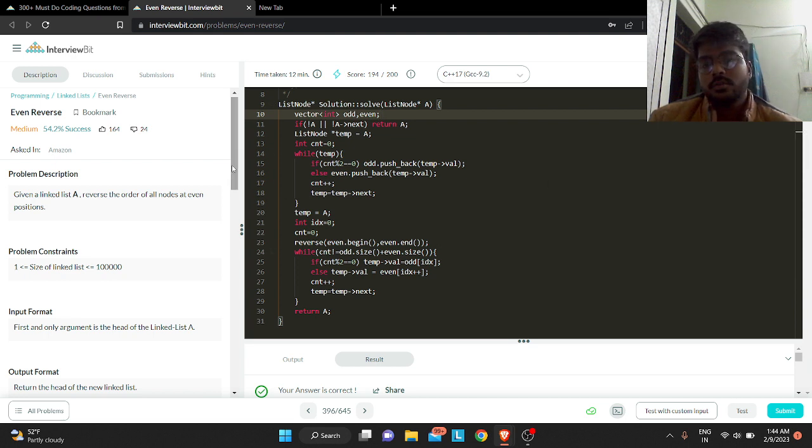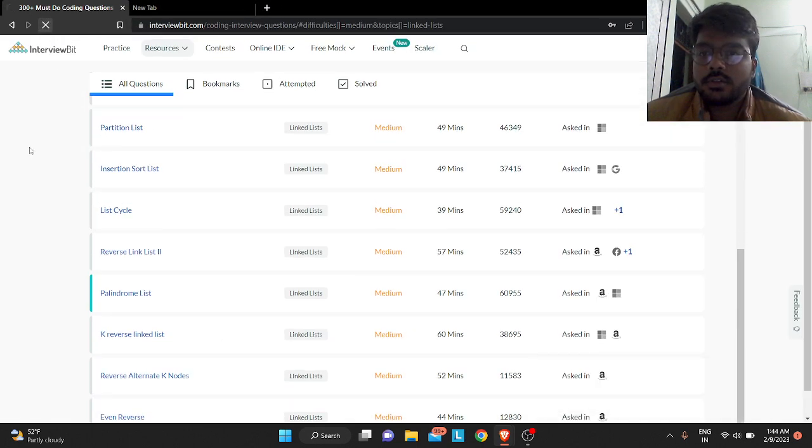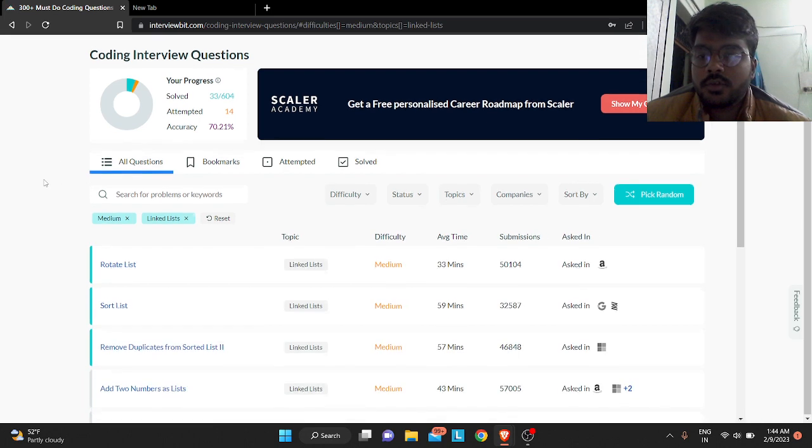So what I will do is try to optimize these three questions that I did today on the basis of pointers only, manipulating the pointers of the linked list and not using vectors for the optimization part. So for now, I think that's it. And tomorrow we will be doing the optimization of these three questions and moving further with the rest of the questions,